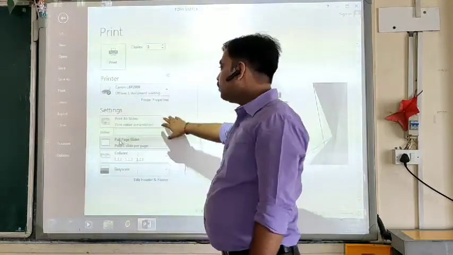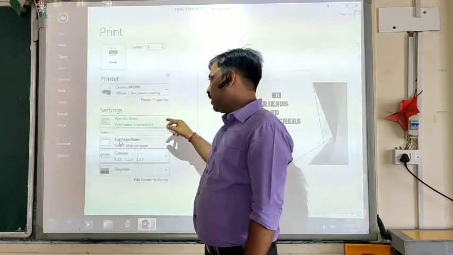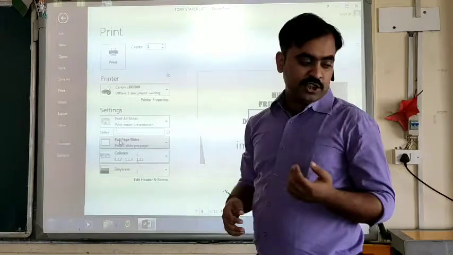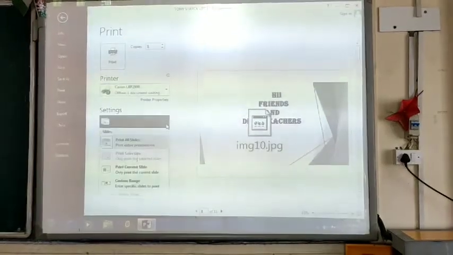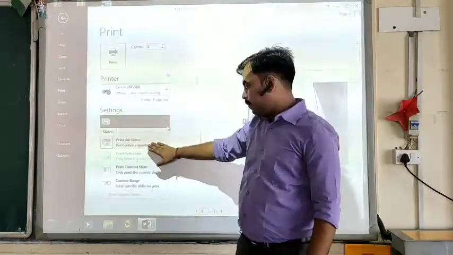Now in the settings option you have different options like print, or if you want to print all the slides of your presentation, you can select the print all slides option.